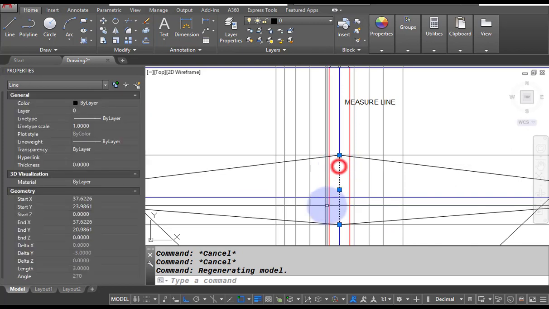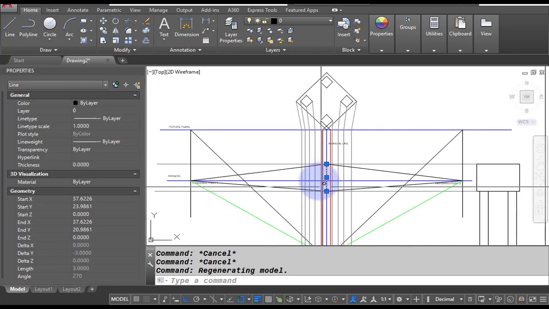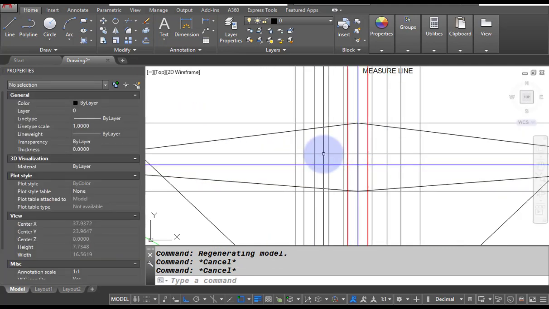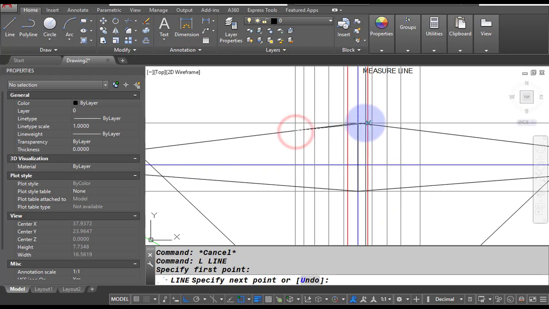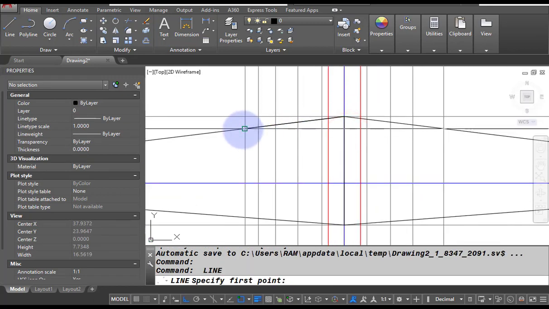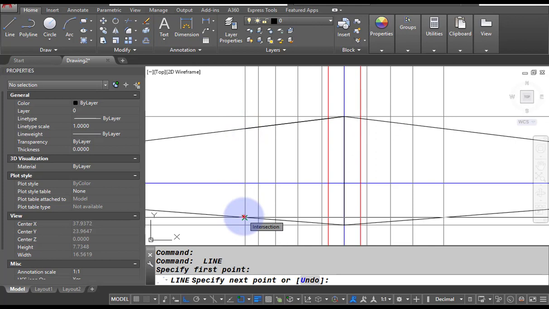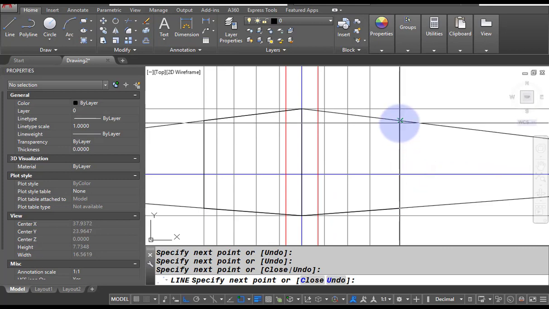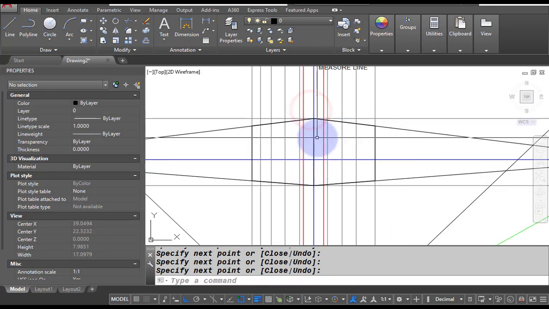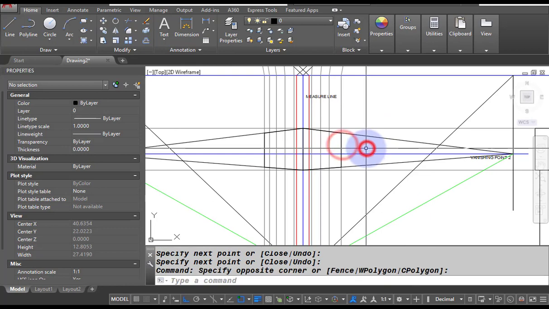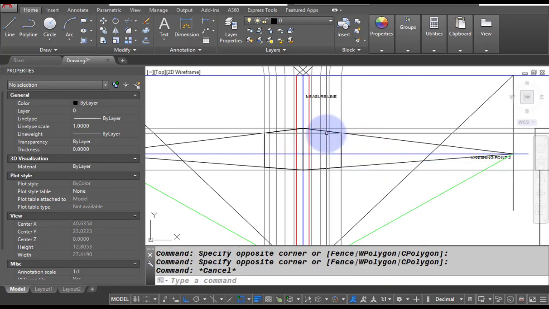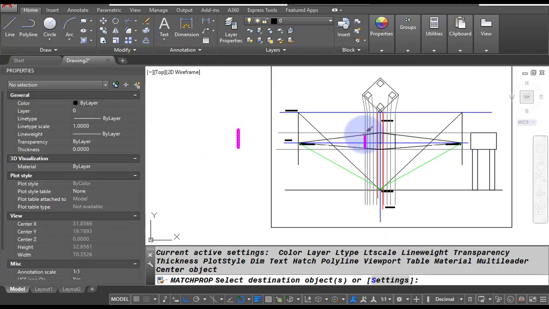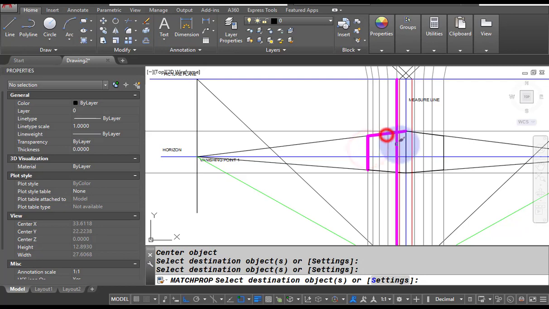This vertical line shows this corner of the tank, right? Then I am going to draw a line from here to here, and then from here to here, and again from this point to this point. This will show our plan, or let's say the top of the tank. This is from the right hand side view, this is from the left hand side view. So I am going to apply match property to all these lines.